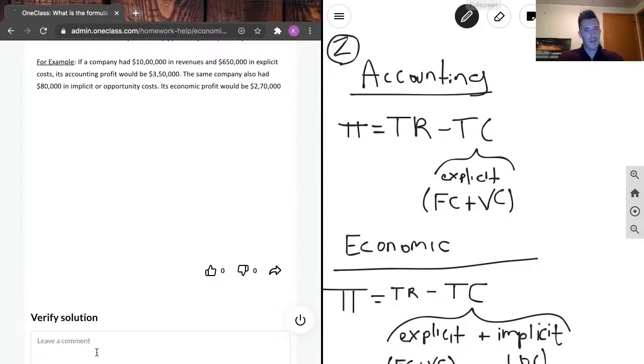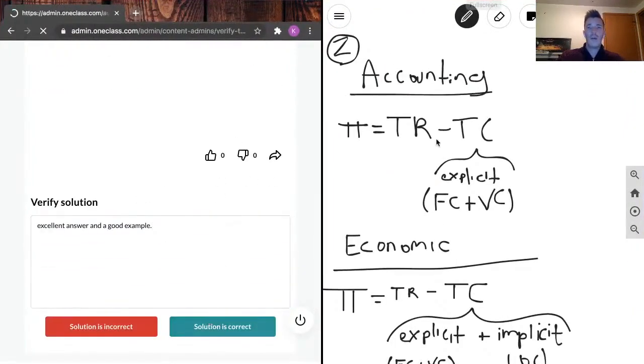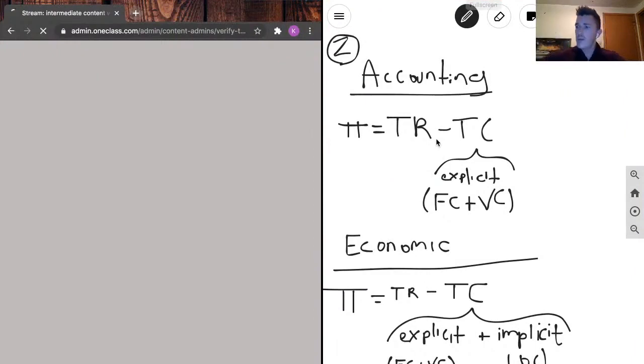So I'm going to say that that is an excellent answer and a good example. You guys can have a second here. Take a picture of that, and we can move on to